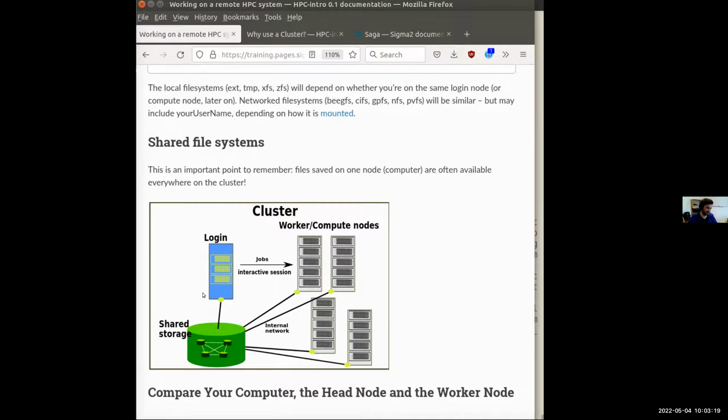So we have this shared storage, and the shared storage is actually just its own server. It's like a really high bandwidth or high speed interconnect, and they're all coupled together. So you can see your home folder, like you saw the path to mine, or also your project space where you store stuff for your calculations. You can access all this from every single compute node and every login node.